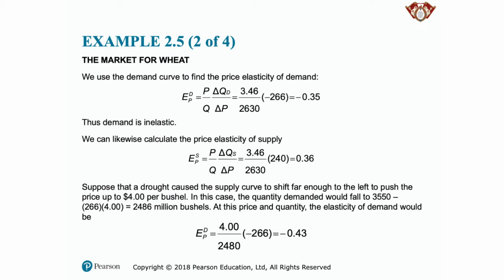Suppose that a drought causes the supply curve to shift far enough to the left to push the price up to $4 per bushel. Price is now $4 because of the drought. In this case, the quantity demanded would fall to this one, right? So we calculate